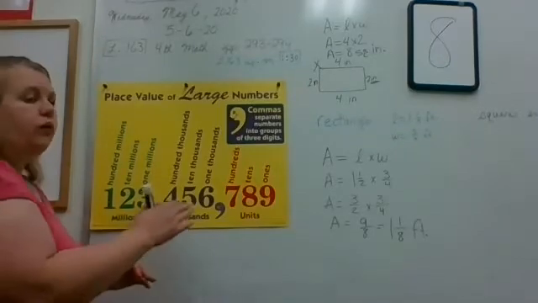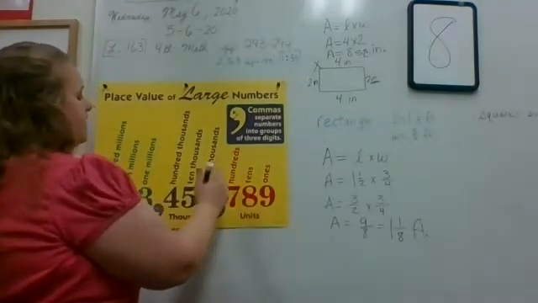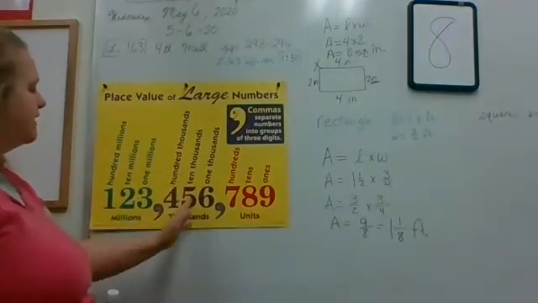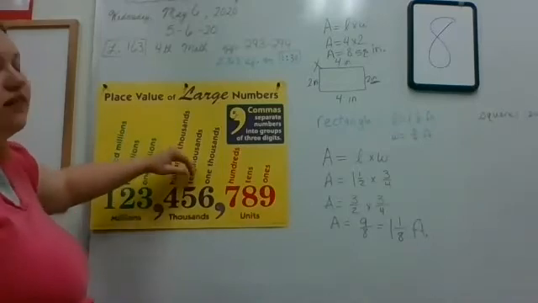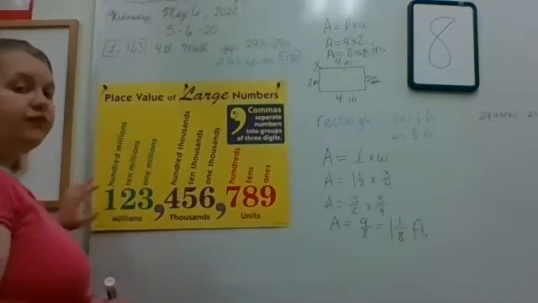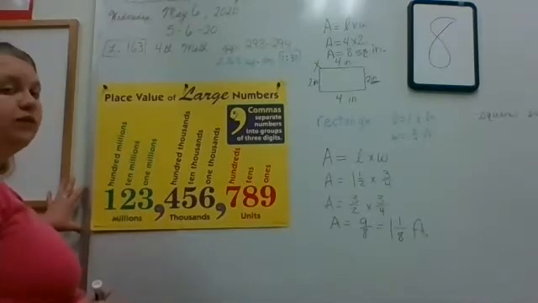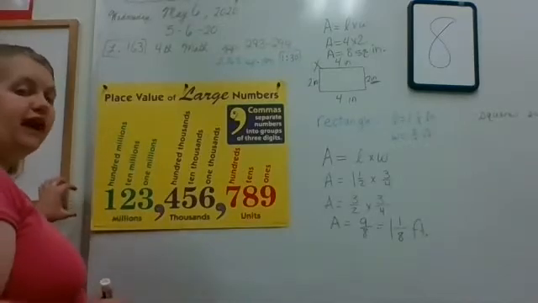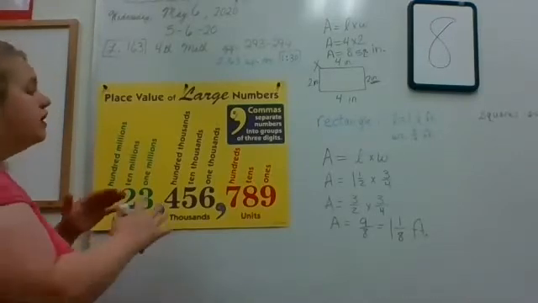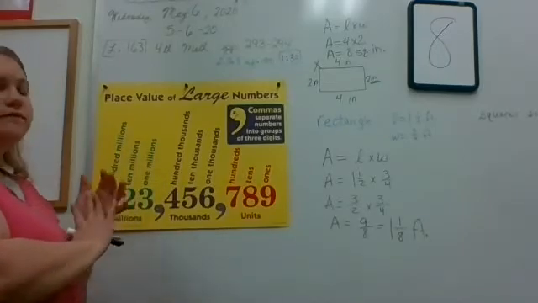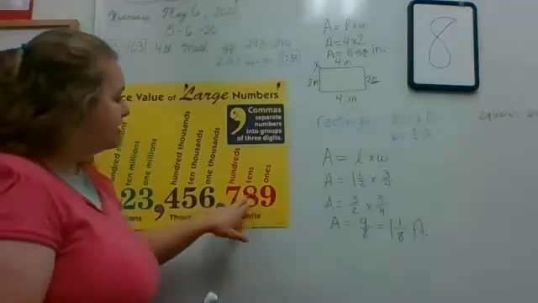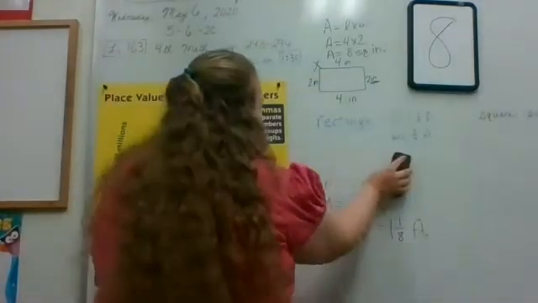You see how we just repeat ones, tens, hundreds every three numbers, but we add thousands to these three, we add millions to these three. If we had them up here, the same thing would happen with the billion section, which would be the next three: 1 billion, 10 billion, 100 billion. So it's a pattern. This happens with all of them. Now, what is not on here, and I will write it on the board,